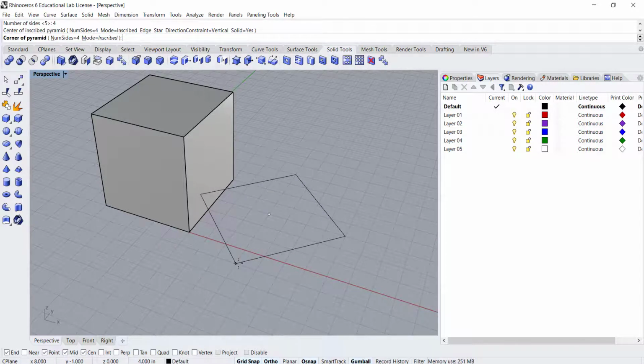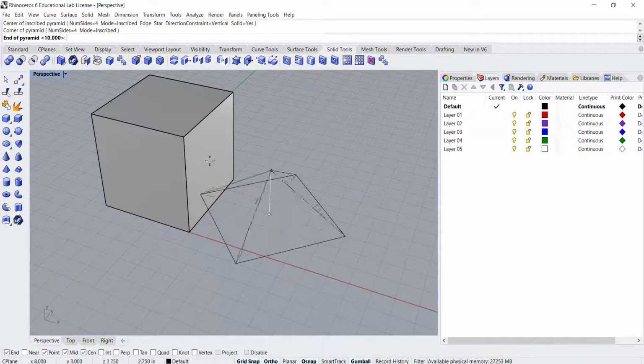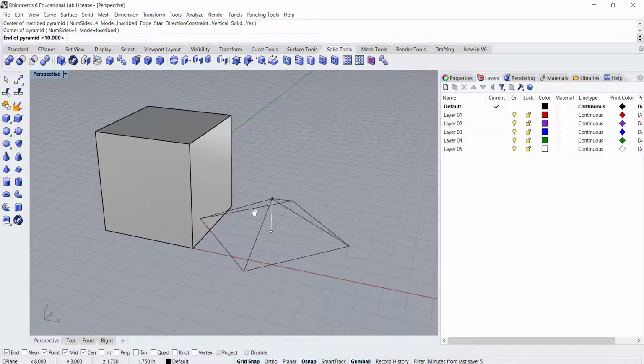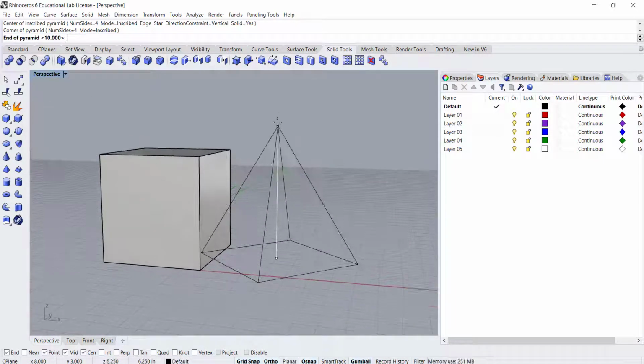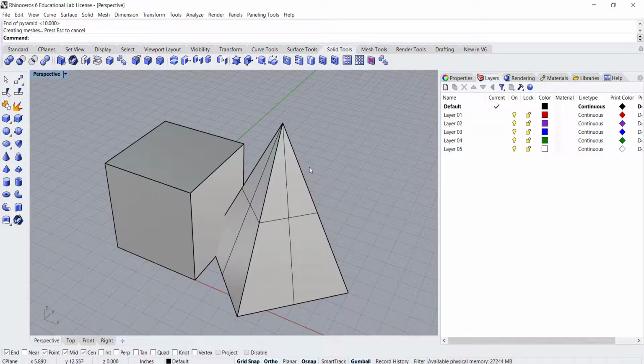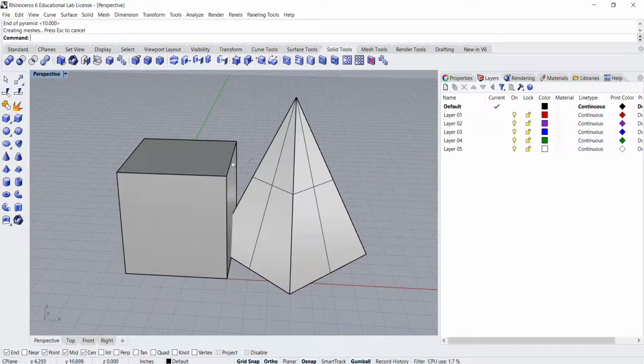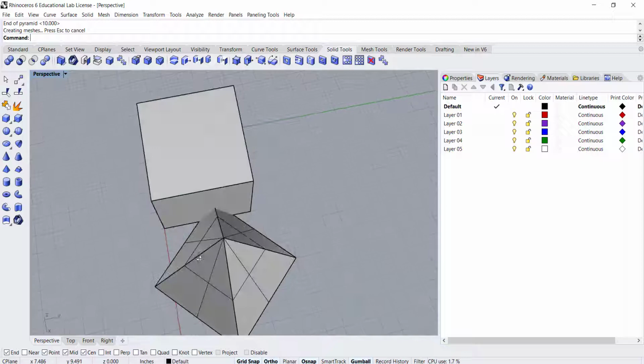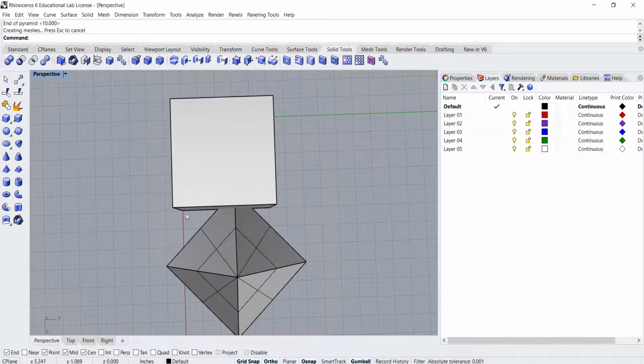And I'll bring this down so that it's extending beyond the edges of the box, and also a little bit higher than the box as well. So I'm going to bring this up here and click there. So we have a pyramid that's higher than the box, and the base extends in plan beyond the